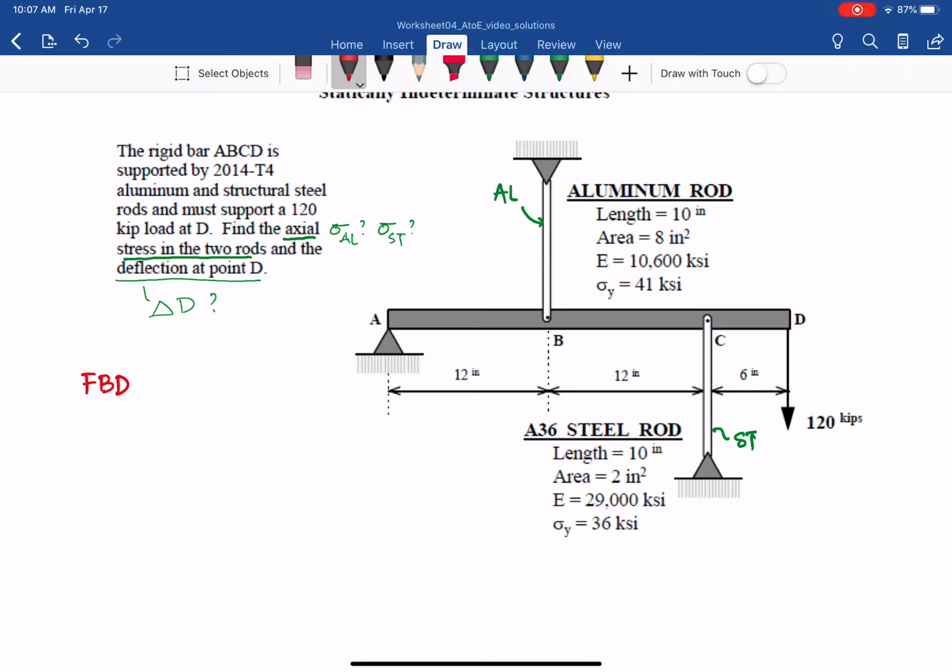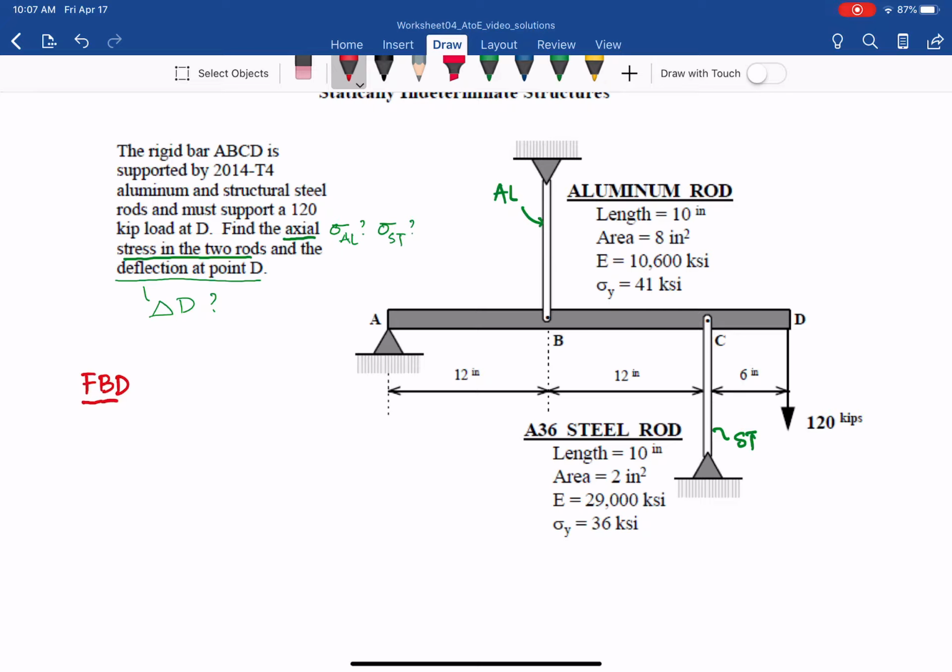Here we have 3 members, A, B, C, D. Consider ABCD rigid as the problem gives you, and then the deformable bodies: the aluminum rod hooked to ABCD at B, and the steel rod hooked to ABCD, the horizontal bar, at C. So that is 3 members. So here we draw your 3 members, separate each of them, but draw holistically here so we can see the big picture. So the first one, I draw the horizontal bar